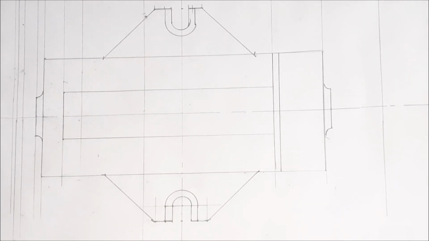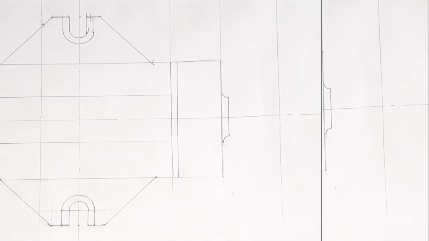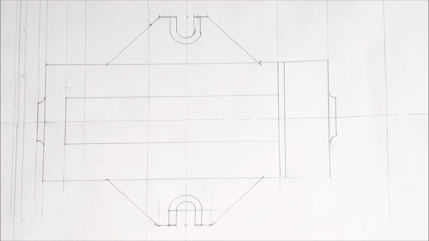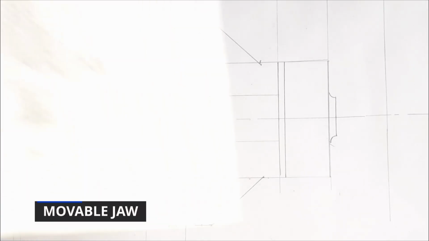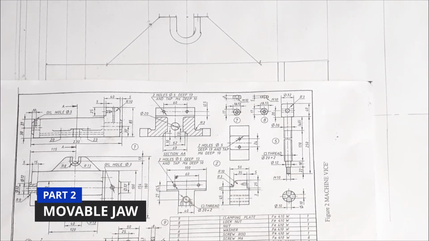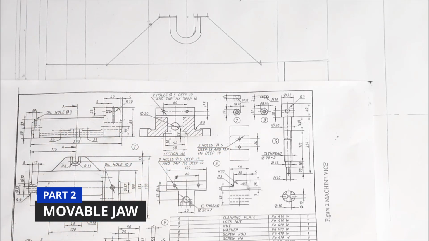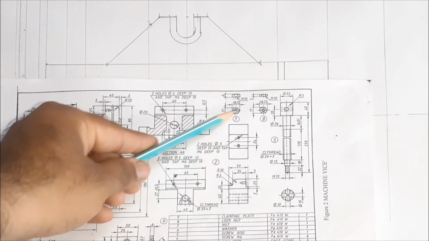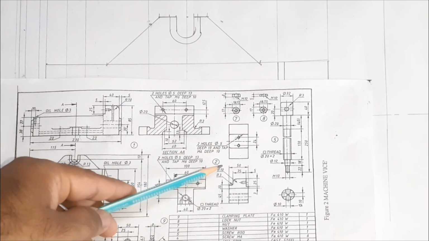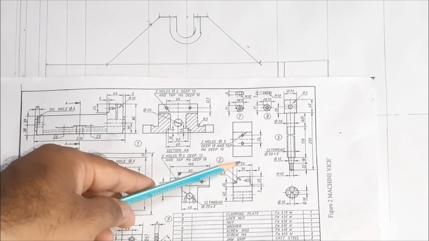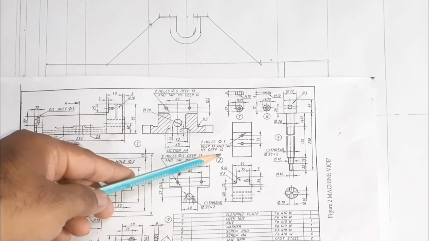Now after drawing the top part, this completes the top view of the body of the vice. Part number 2, that is the movable jaw in the top view. So these are the dimensions of the movable jaw in the top view. It has a total length of 50 mm and